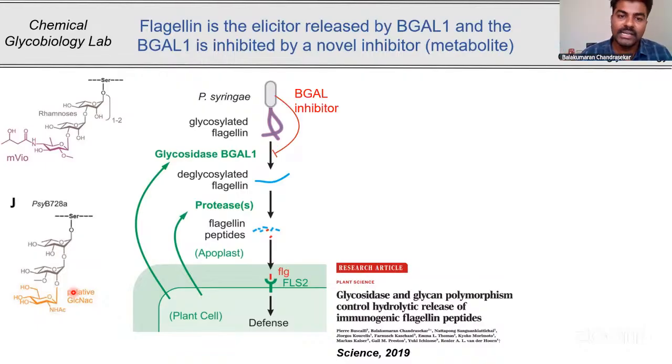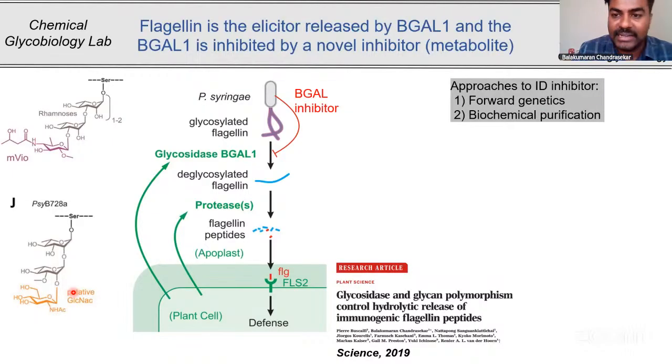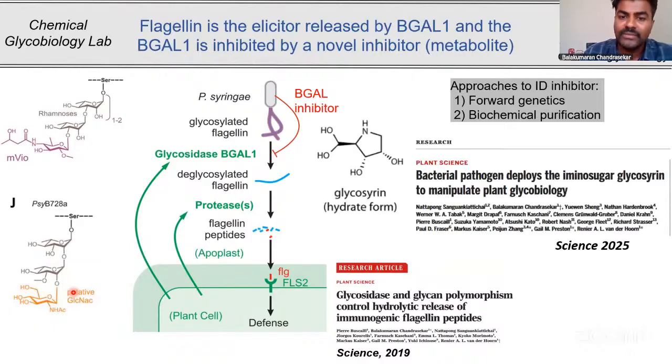And the second important strategy is to use a beta-galactosidase inhibitor. I hope you remember that upon infection, by convolution ABPP, we have shown that there is an inhibitor produced in the sample. I'm not going to discuss in detail the other approaches, but we have further validated and seen that the bacteria is actually producing the beta-galactosidase inhibitor. By inhibiting the beta-galactosidase enzyme, using the B-gol inhibitor, the bacteria is preventing the release of flagellin peptides. So recently, by using the forward genetic approach and also hardcore biochemical purification, we have purified this particular inhibitor, which is produced by the bacterial pathogen Pseudomonas syringae.